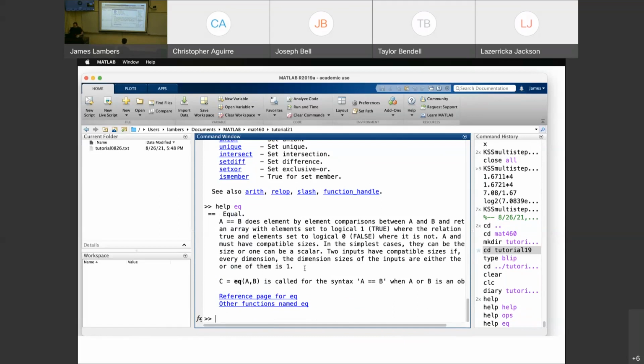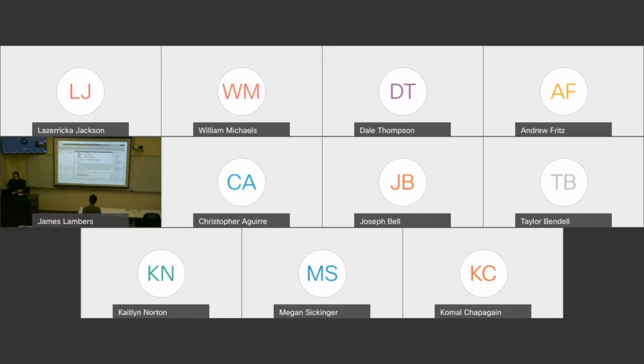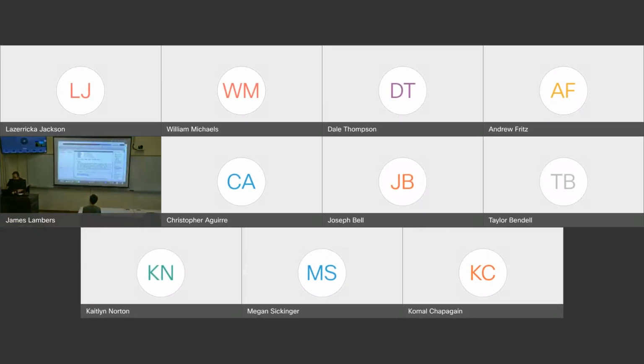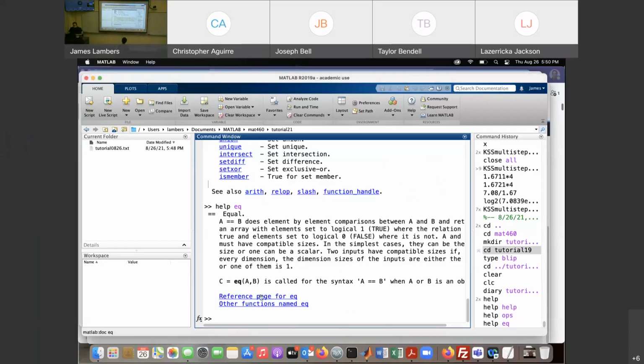Now, what we see here, notice here it says reference page for EQ. So if I click on that, you know what? It might not show that because of how I'm sharing. I'm going to share my entire screen. So if MATLAB pops up another window, then you'll see it. So if I click on this reference page for EQ,